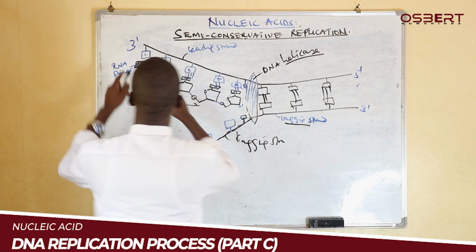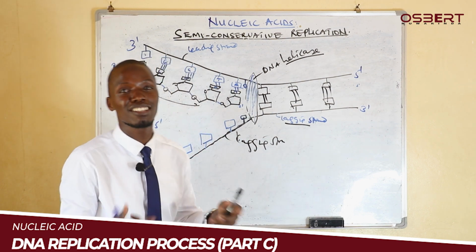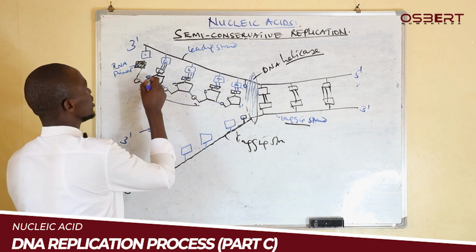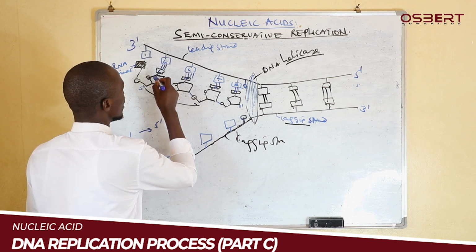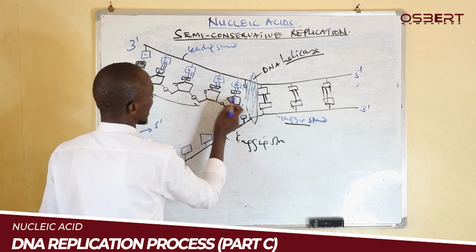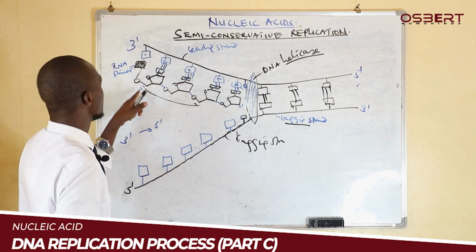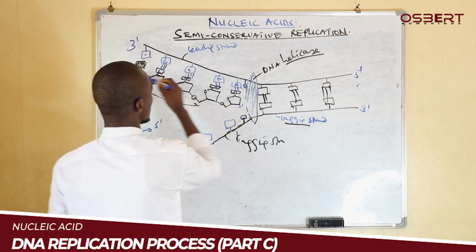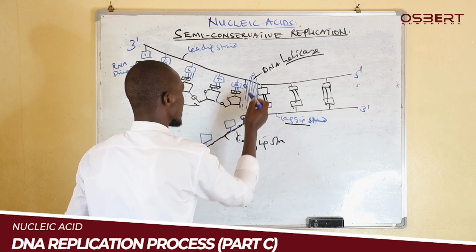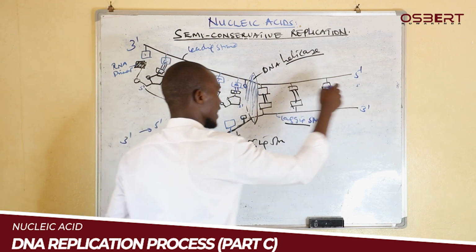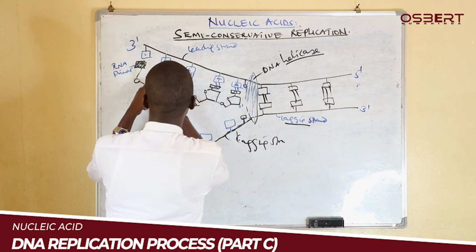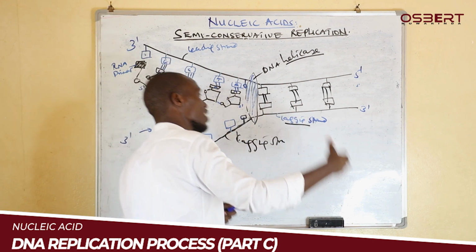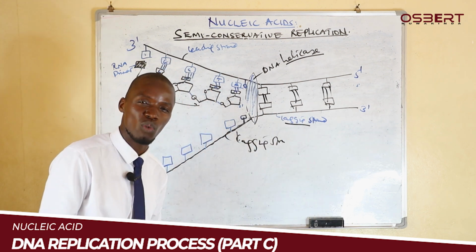That's why on the leading strand, things were very simple, life was okay. Why? Because the new DNA strand was being added in a 5' to 3' direction. That's why it was replicated uniformly, because as this one was opening, this one just keeps adding like that, since the new strand is being added in the 5' to 3' direction, which is the direction within which DNA polymerase works. But here,